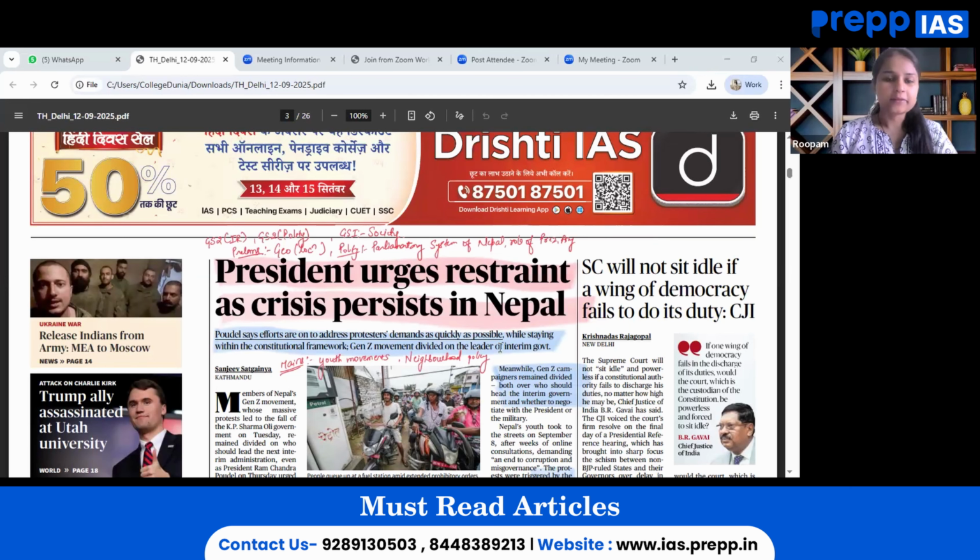So let's get started. The very first article that is worth reading in today's Hindu newspaper talks about the President urging restraint as the crisis persists in Nepal. Now this particular article is relevant under the theme IR, GS paper 2, wherein India-Nepal relationships and internal political instability